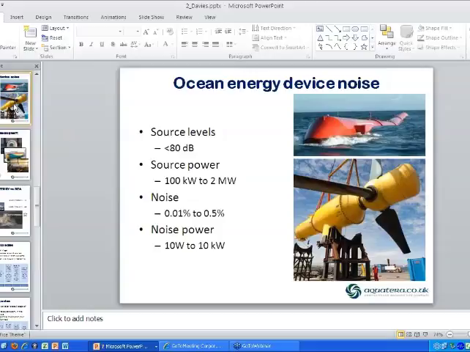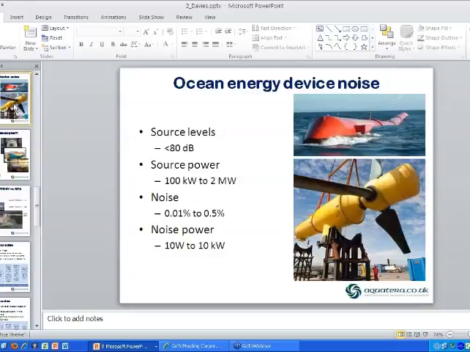Within the impact assessment process, you would then look at things like, is a more static source of noise less or more intrusive into the environment than something which is more periodic like shipping? That's still an open question. I think some of the other presenters are going to get into some of the nuts and bolts of this, but I just wanted to give some comparative context for the noise levels that might come from ocean energy devices in relation to other activities that we currently find acceptable in the ocean.